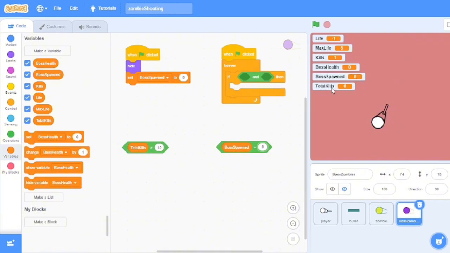But once this total kills becomes 10, then this is going to become true. So it's going to be total kills greater than 10, true. Boss spawn equals to 0, true. And if that is true, the if is going to evaluate. So if true, then